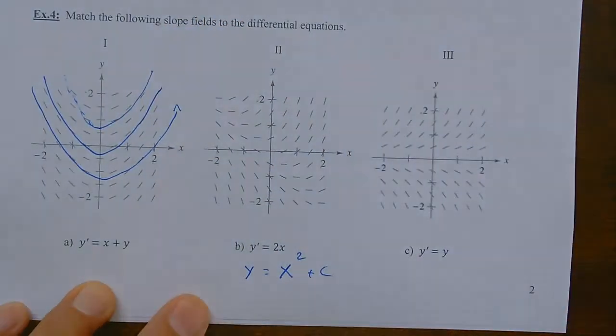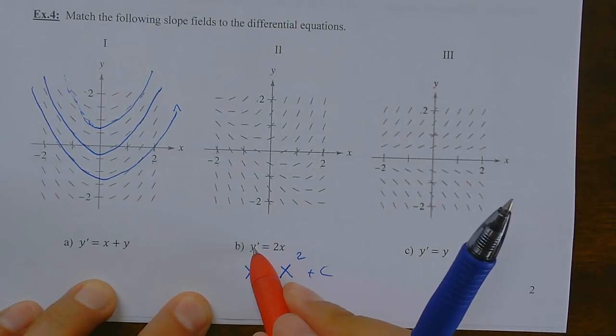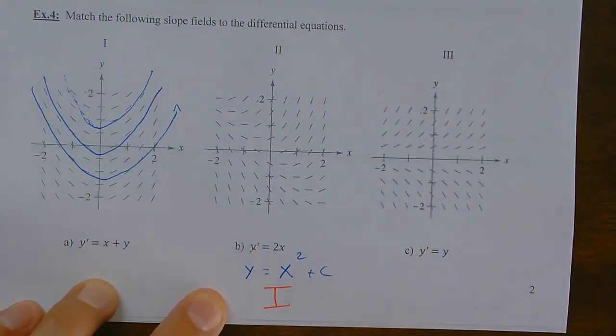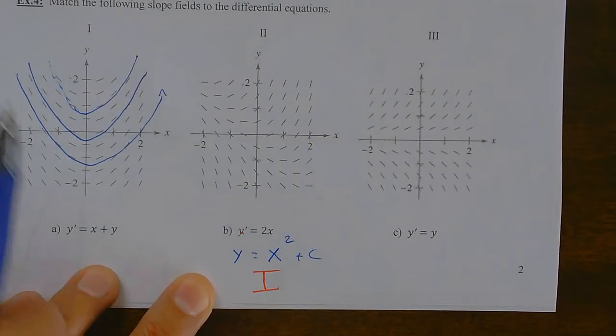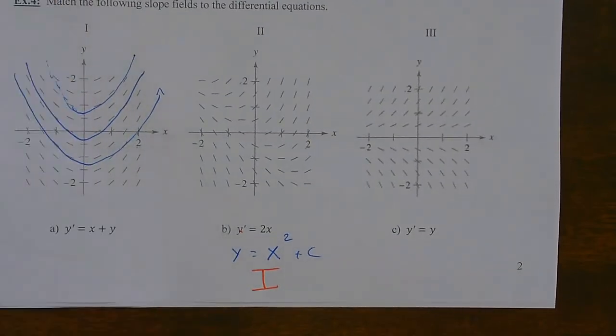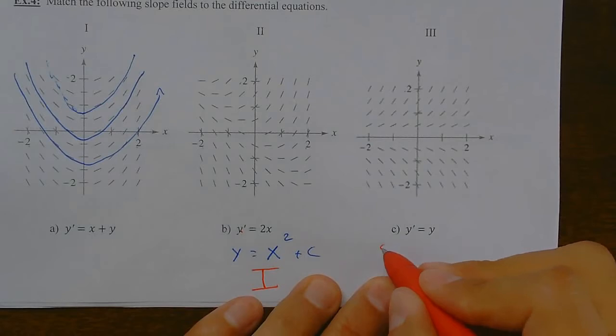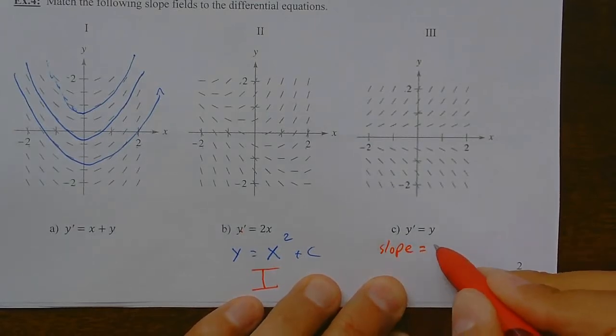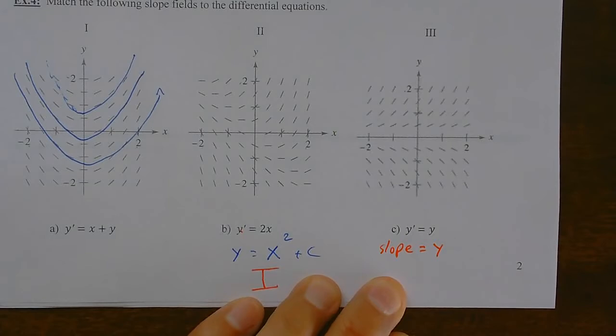Now, looking at graph number C, I have the derivative equal to y, which means the slope is equal to whatever the y value is. So if the y is 1, the slope is 1. If the y is 2, the slope is 2. If the y is negative 1, then the slope is negative 1. And if I look at what I have left,